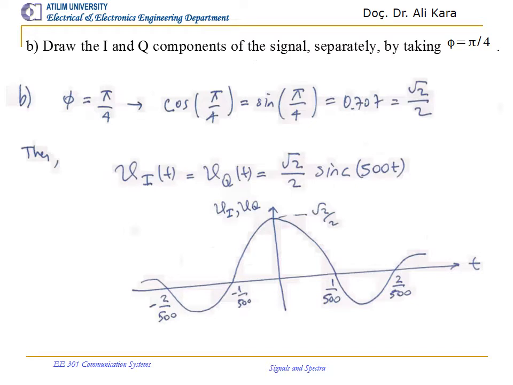Put phi equals pi over 4 into your results from part A. See that both components are equal to each other in this case. This was expected because a shift of pi over 4 means that the signal vector has equal components in the in-phase and